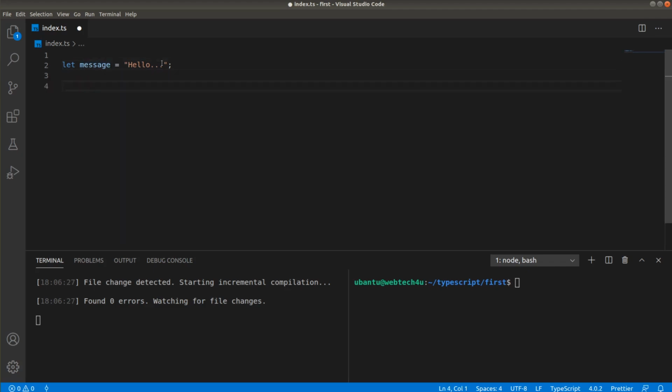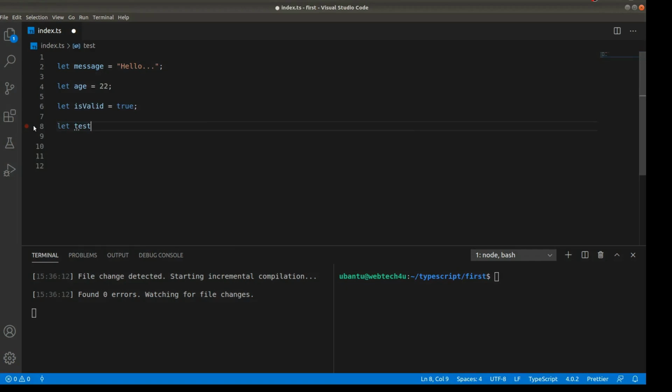Again, if I declare another variable and assign a digit value, that is a number value, to that variable, then the type of that variable becomes number. So if I hover over the h, you can see the type number. Now we will see another type, that is boolean. I have declared the isValid variable and assigned a boolean value to it, that is true. And if I hover over the isValid variable, you can see the type of isValid variable is boolean.